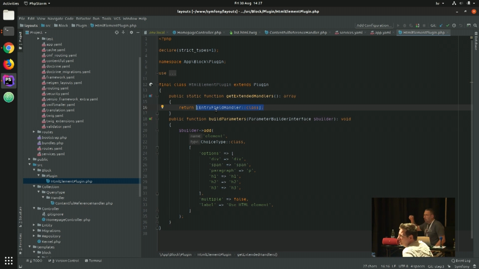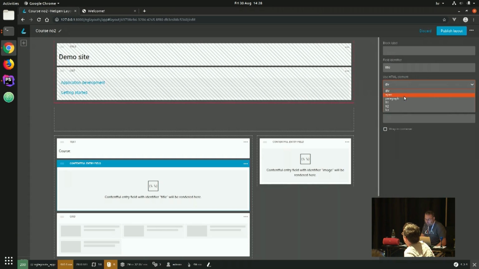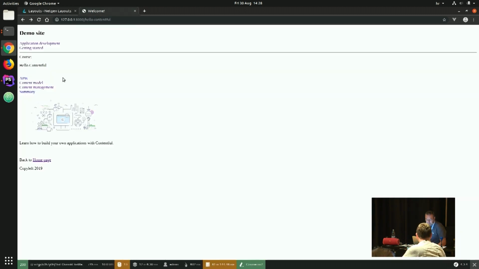I could add here, show me this plugin in, I don't know, the title block or the grid block or whatever. You can put an interface there and say, okay, it extends every block that implements that interface. And what I wanted is just to render this field in several ways, and in this case it's div, span, paragraph, h1 to h3. And if I go here, these are the elements. So what happens if I choose h1, which I actually wanted, and if I publish, and if I go to the front end,